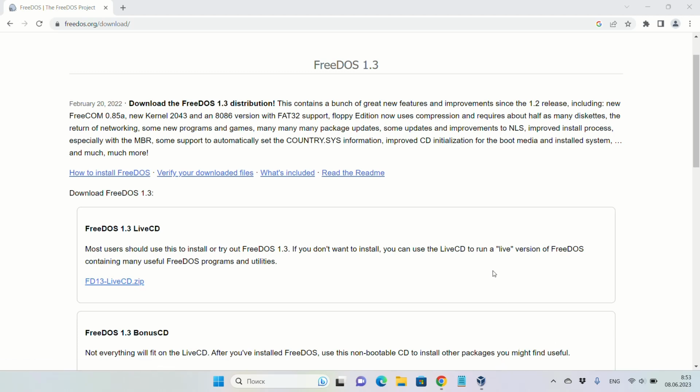Now I will start installing FreeDOS on a virtual machine. First, you need to create a new virtual machine.